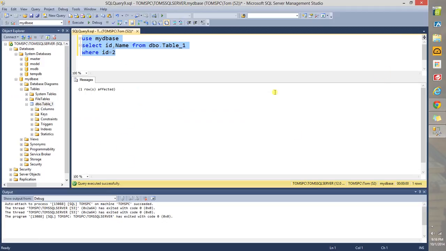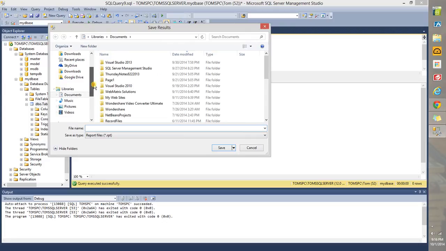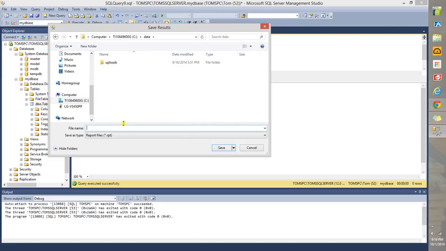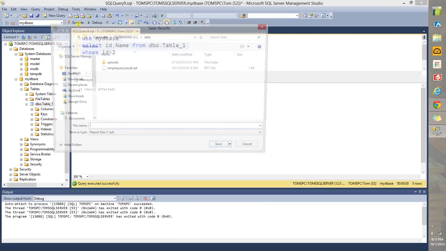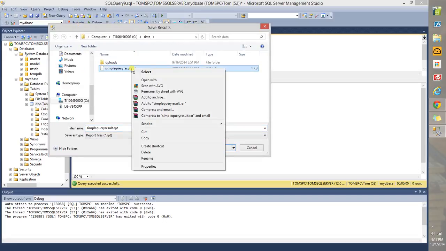If you don't like that, then you can do it again. Results to file. Execute it, and I will store it in a place that I know very well on my computer, so I'm going to go over to the C drive, and I've got data. So simple query result. There you go, run the query. Now if you right click this and open with